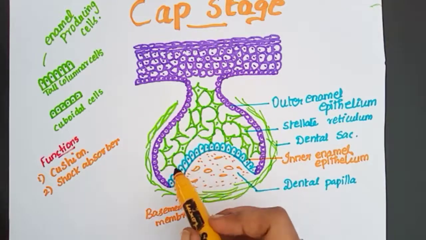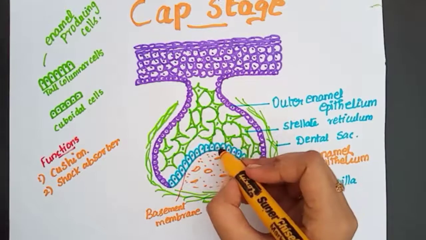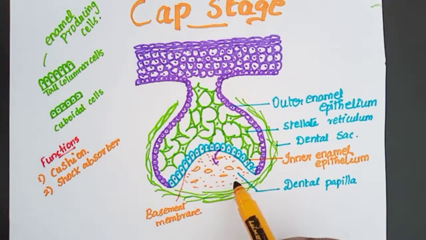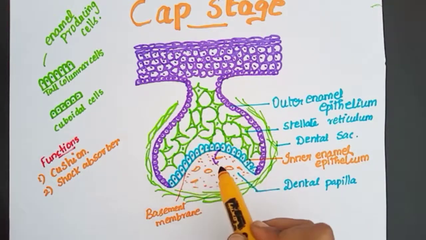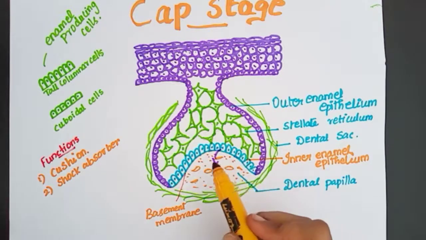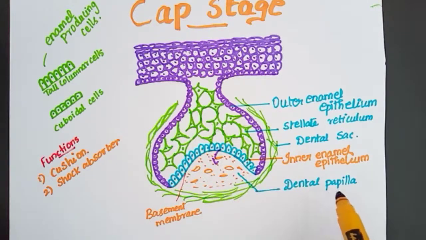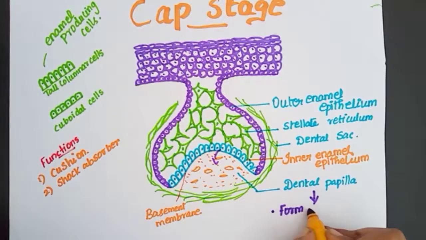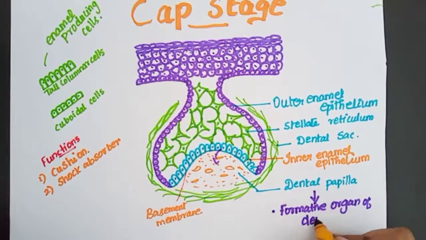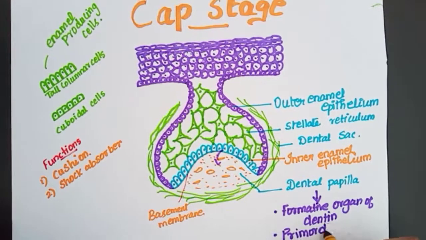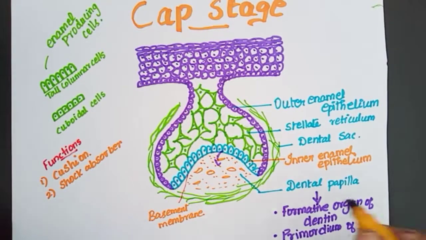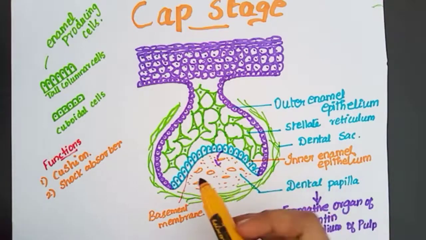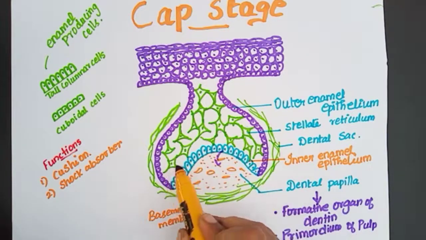This inner enamel epithelium proliferates and influences the underlying ectomesenchyme, that is, the ectomesenchyme enclosed by the inner enamel epithelium. And so, this causes proliferation of the ectomesenchymal cells, and the ectomesenchyme condenses to form dental papilla. Alright? This dental papilla is the formative organ of dentin and primordium of pulp. That is, the dental papilla changes into pulp and the cells adjacent to the inner enamel epithelium change into odontoblasts,